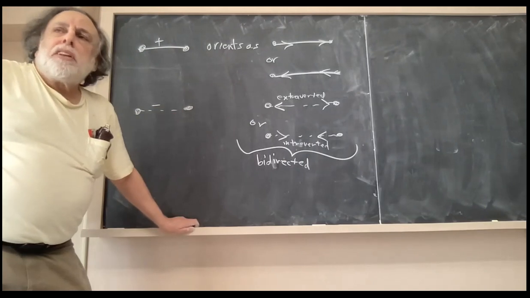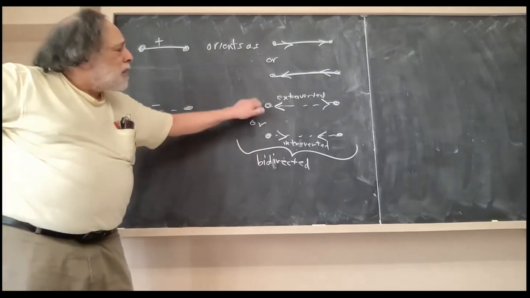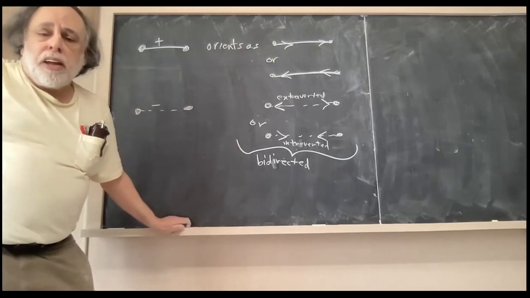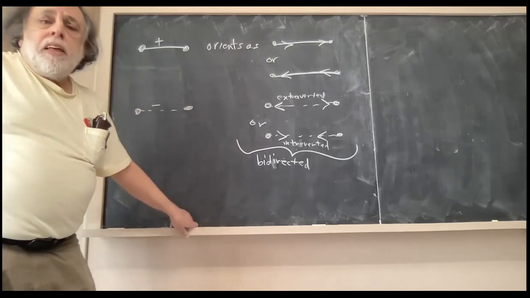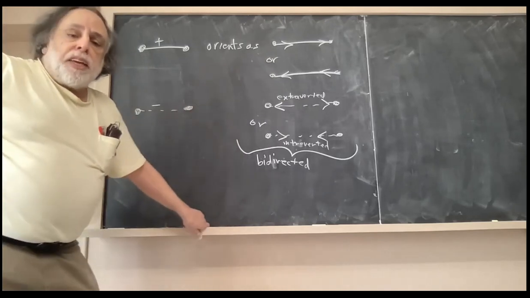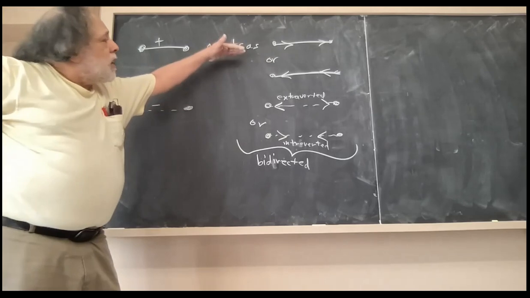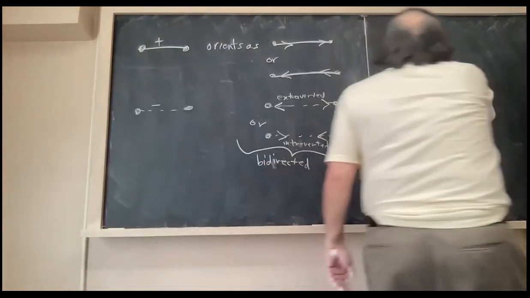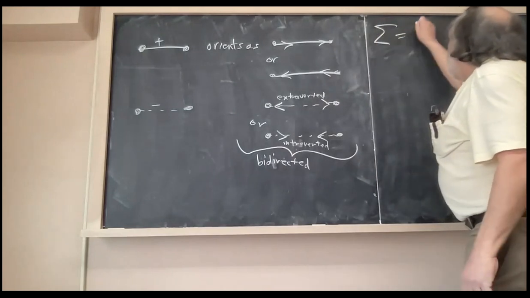In fact, the bidirected graph, where you fix all the bidirections, is the generalization of a directed graph, where you fix all the directions. But we're not fixing them, we're only using them for the purpose of reading the value of a gain. Now, suppose I want to put a gain function on the edges of a sign graph. Let's have a sign graph. Sigma is,